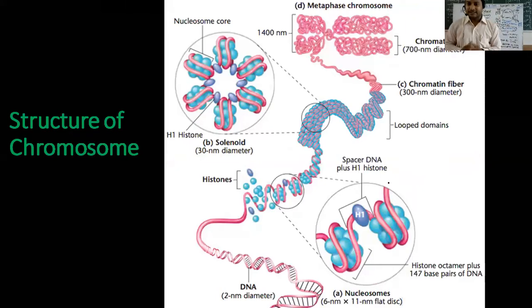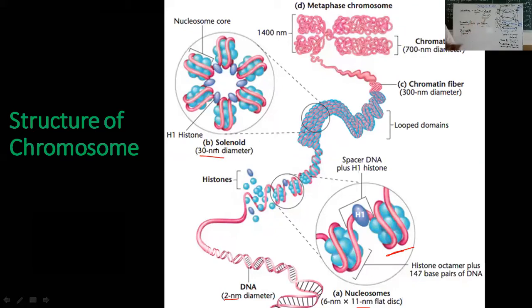And now this particular image is going to give you a very clear idea of what I am trying to explain. So you can see here, you are going to have the DNA with a 2 nanometer diameter, and we know that it is going to associate with histones, and you can see you form the structure called nucleosomes, which is around an 11 nanometer structure. From here it undergoes further coiling, and here you have this solenoid structure, because the nucleosomes undergo further coiling into a circular structure, like a solenoid, and that's why the name solenoid structure.